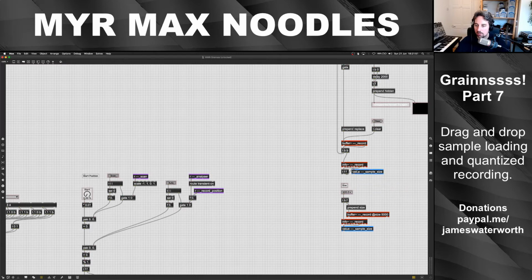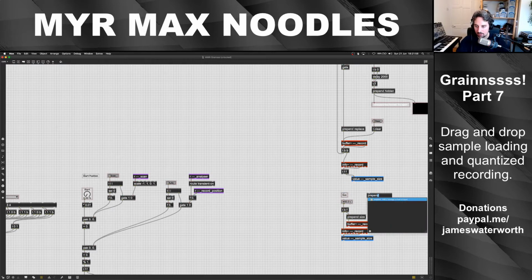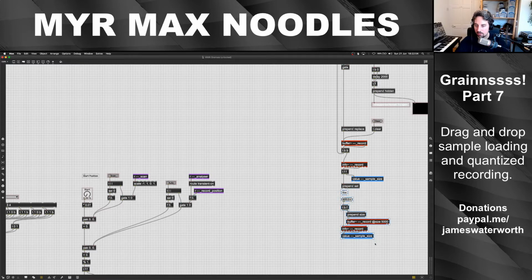Update the sample size in the code, and then send a prepend set message to our sample size user interface object, which is displaying what the current size is. So something like that should work